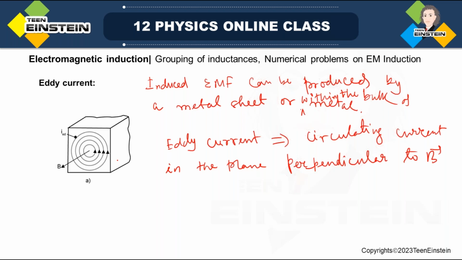We should not use it in bulk. Otherwise, this eddy current will be induced within the bulk of the metal, and it will produce a lot of heating effect, and that will burn out the electric insulation of the windings of the